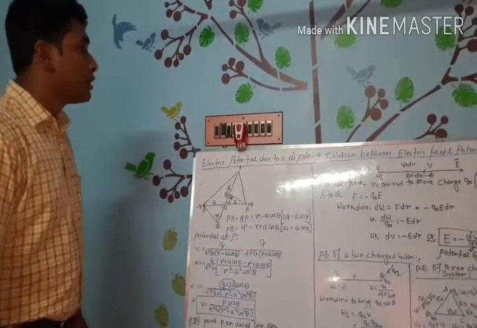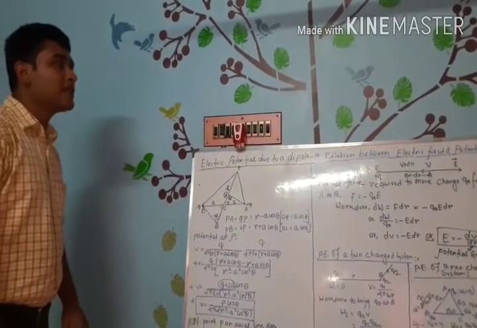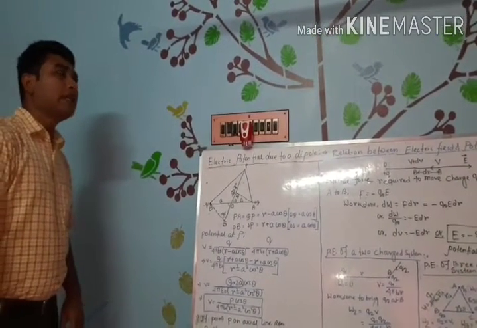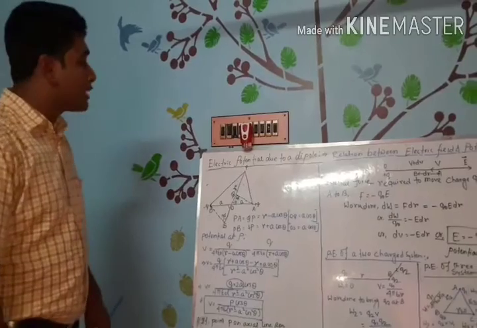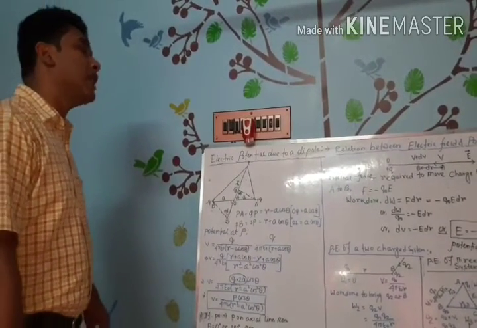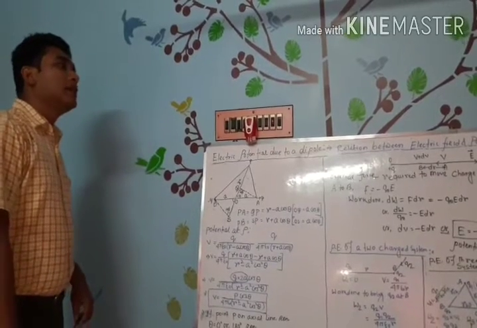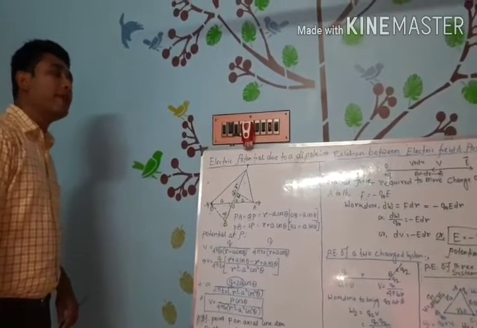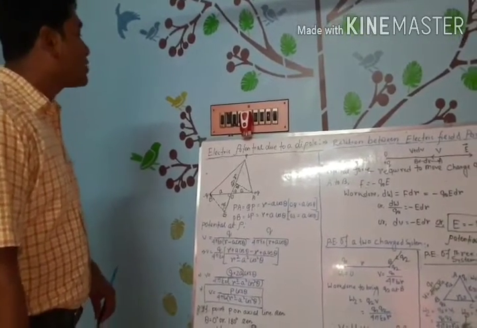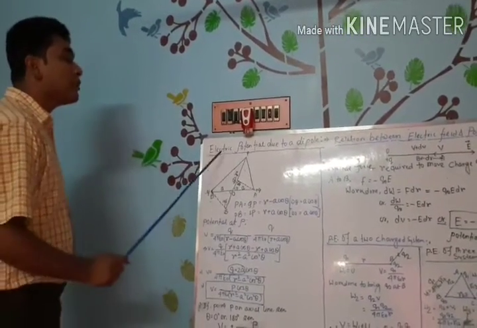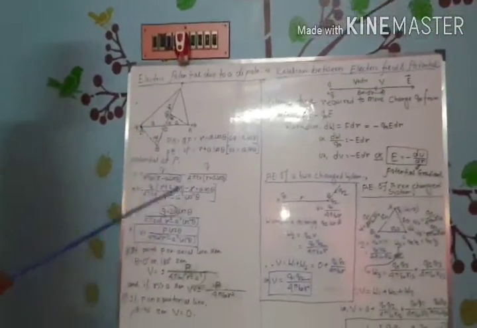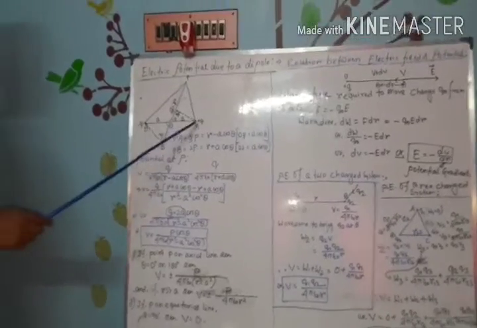Student, in the previous class, we discussed the concept of potential difference, electric potential, calculation of electric potential at a point due to a charge, and the electric potential at a point due to multiple charges. Today, we start with the calculation of electric potential due to a dipole, for which we consider an electric dipole